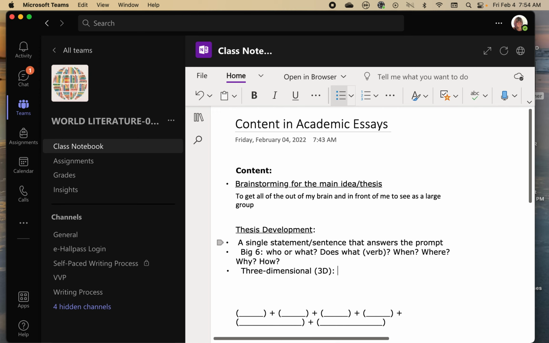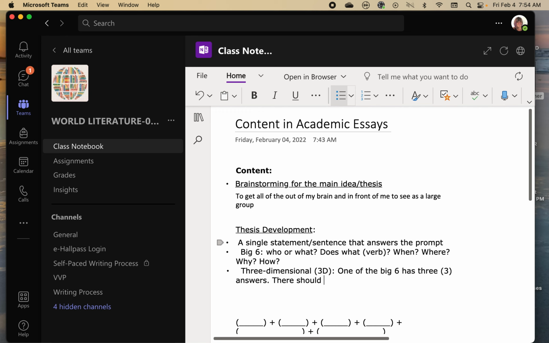So 3-dimensional means one of the big 6 so that means there is a list. Okay, so that means there should be a specific list in the 3, that there are 3 things in my